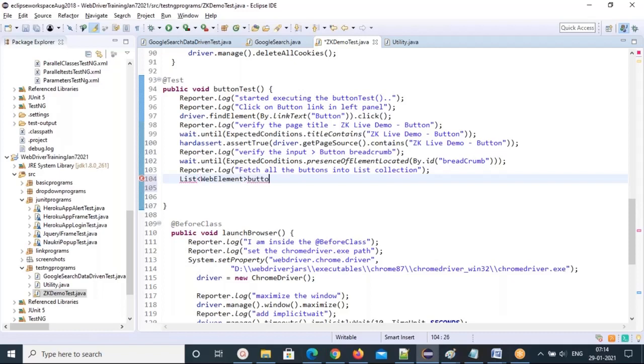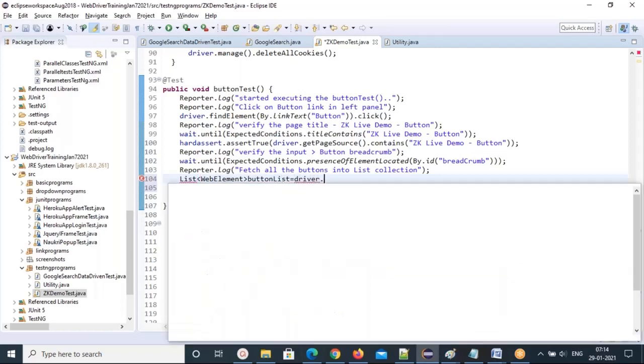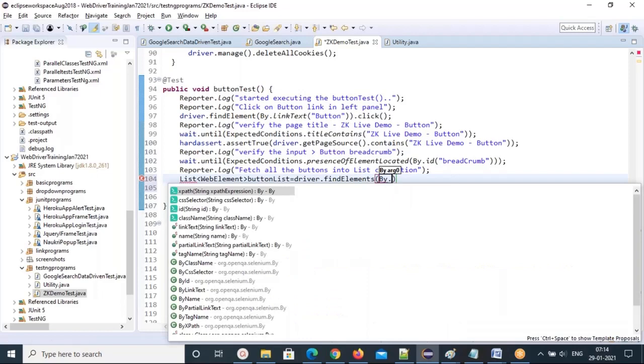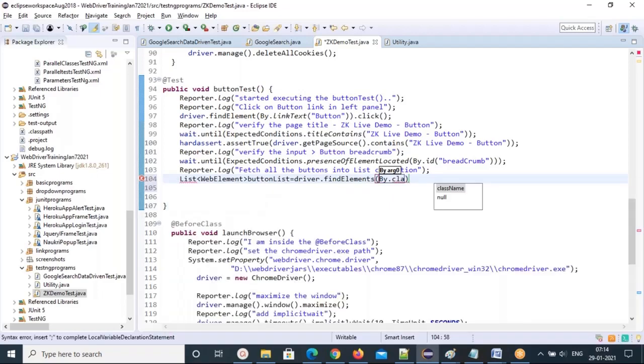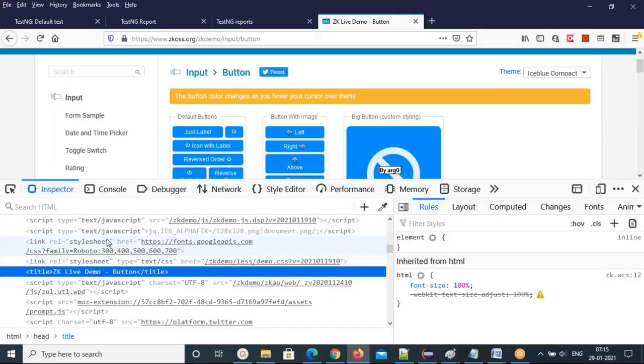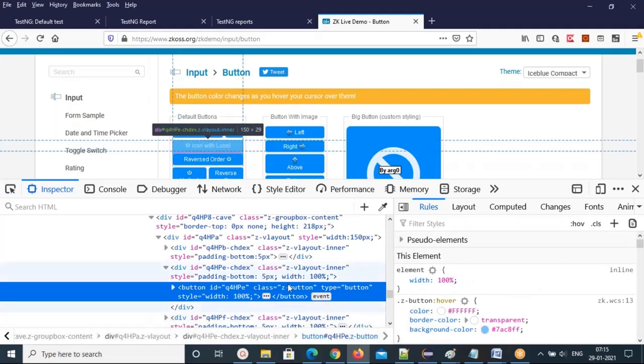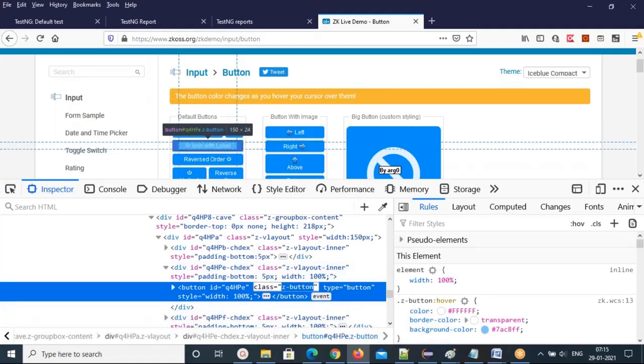And buttonList equal to driver.findElements(By.className(...)), right? We saw that the class name is common, so the common thing we can take as the common locator. So that button is common for all the buttons.